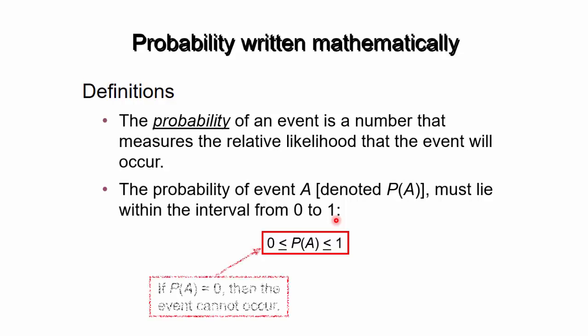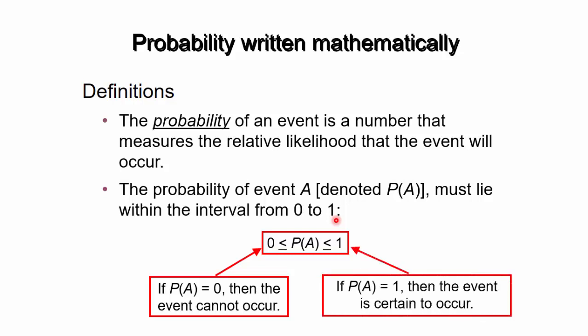What if P of A is equal to 0? Oh well, if probability of A is equal to 0, then it means the event could never happen. And what if it's on the other end, equal to 1? Well, if P of A equals 1, then it is very certain that the event would happen. We would continue with understanding this particular idea more in the next module.